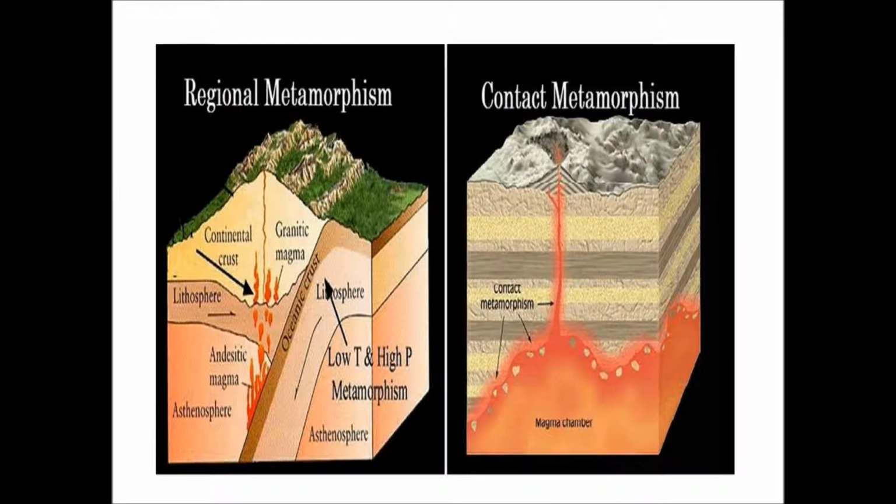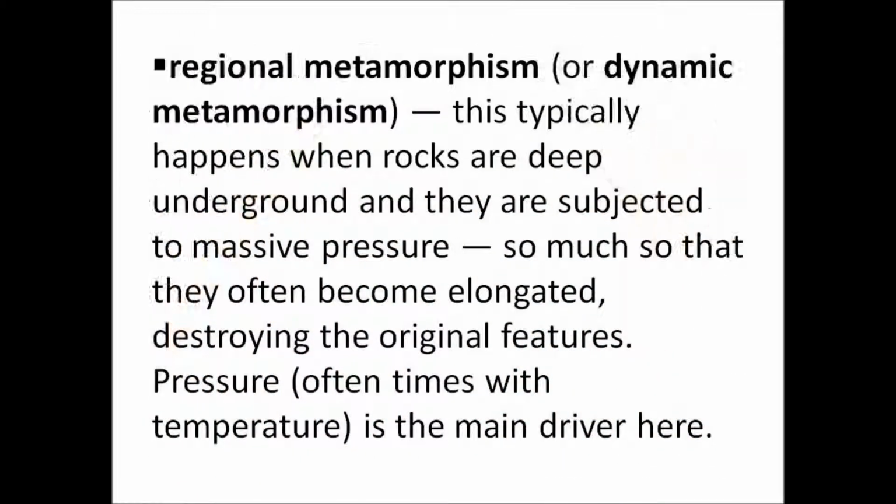The second type of metamorphism is regional metamorphism, or in other words, dynamic metamorphism. This typically happens when rocks are deep underground and they are subjected to massive pressure, so much so that they often become elongated and the original structure of the rock is destroyed from the pressure. Pressure often comes with temperature, but may